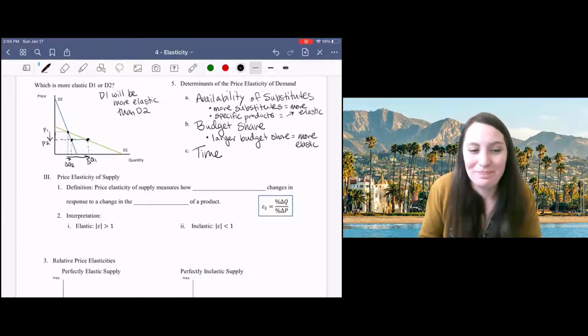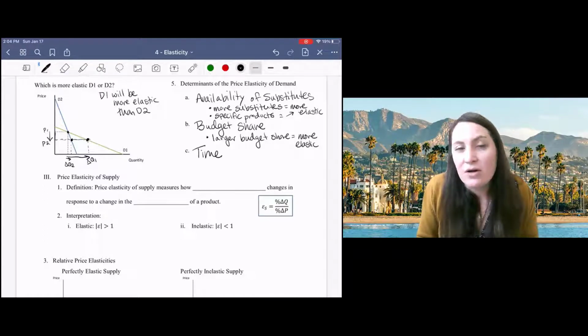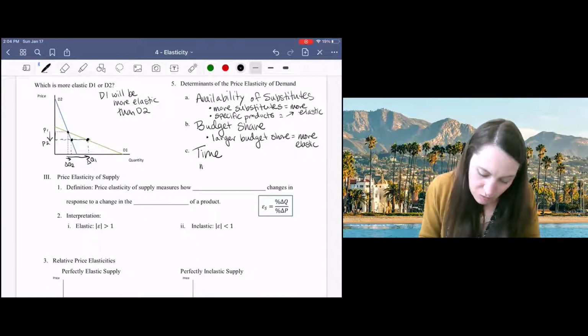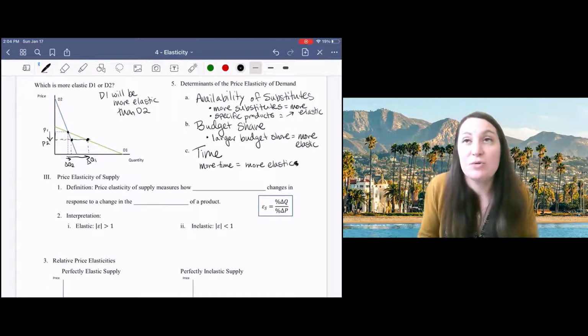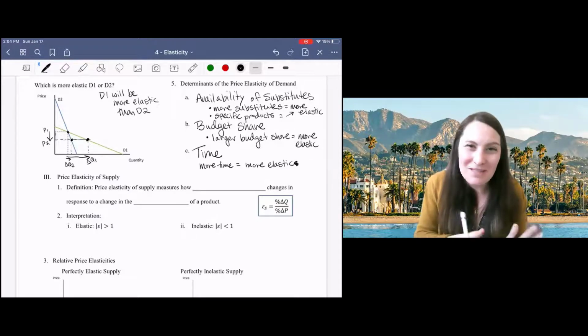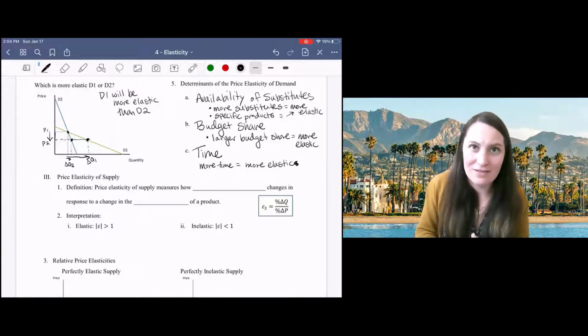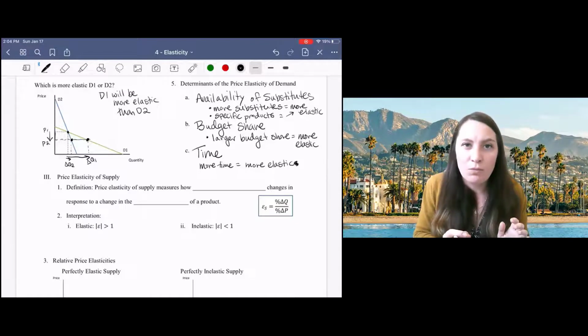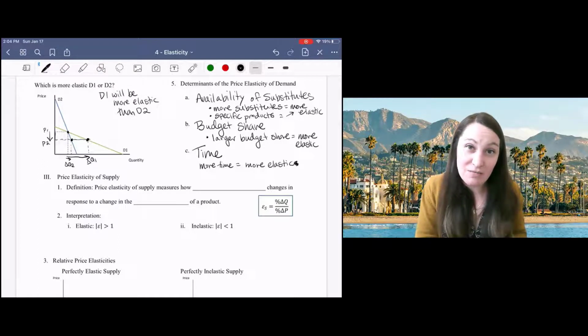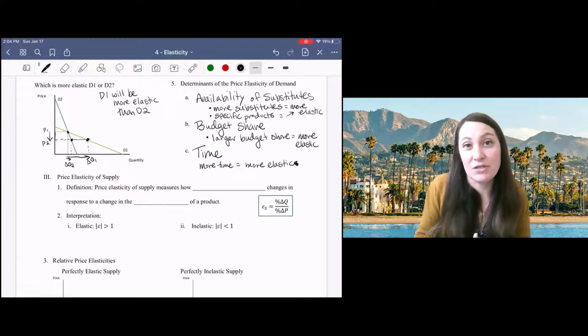Finally, time. Of course, over longer periods of time, we're more able to adapt our behavior. So more time means more elastic. Sometimes economists like to distinguish between behavior changes in the short run versus the long run. Now, there's no set definition of what is the short run, what is the long run, but what we mean by short run is behavior change in a relatively short amount of time